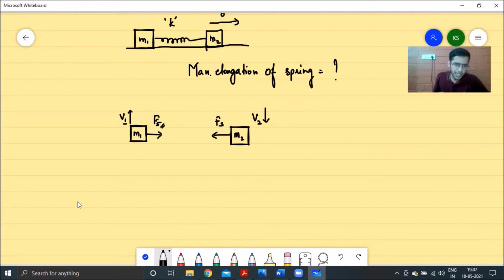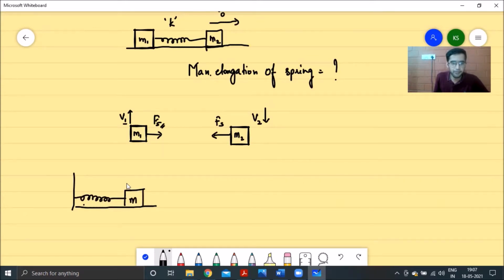Right? We had dealt with questions in work power energy where we had a single block connected to a wall. And when this block was given a velocity, some V0, we had to find out what the maximum elongation of the spring was. I hope you guys are more comfortable with these kinds of questions. So here we had dealt with a single block case earlier, right?